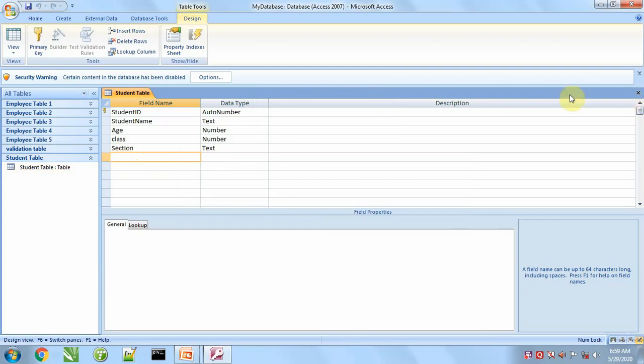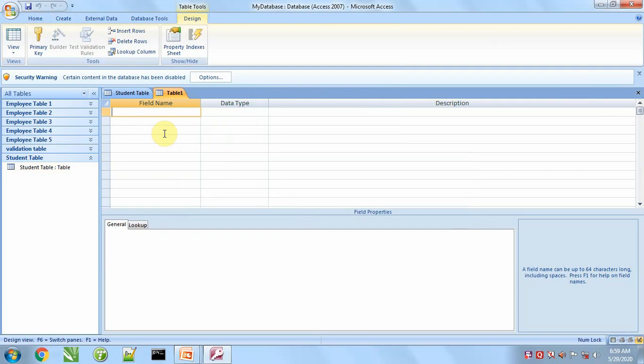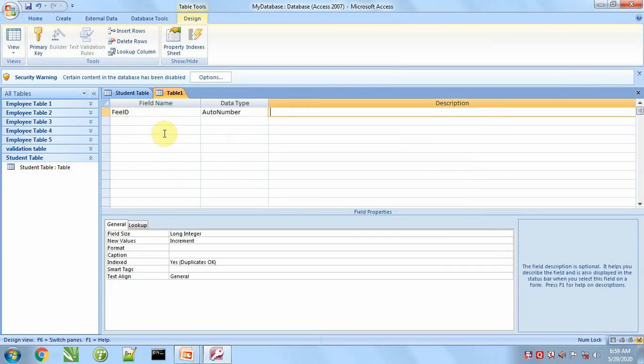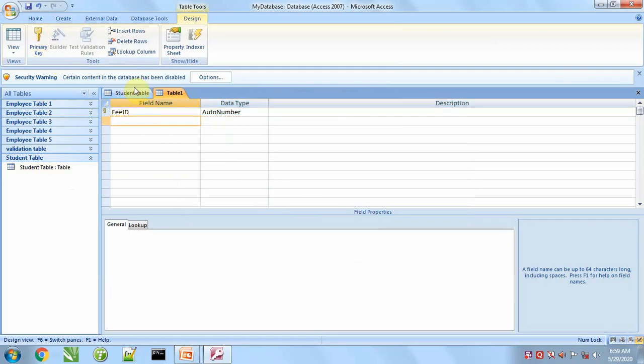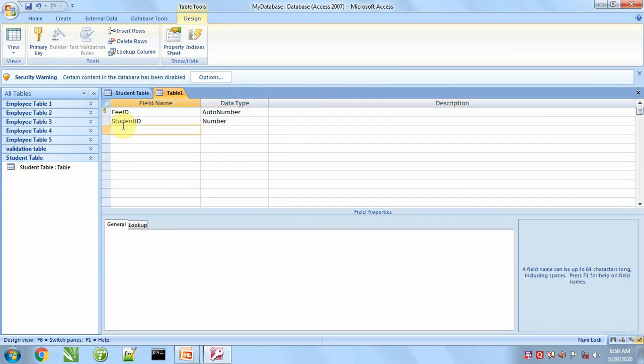Next is the fees table. For this we will take fees ID, and the same column of student ID we will take in the fees table also, in number.